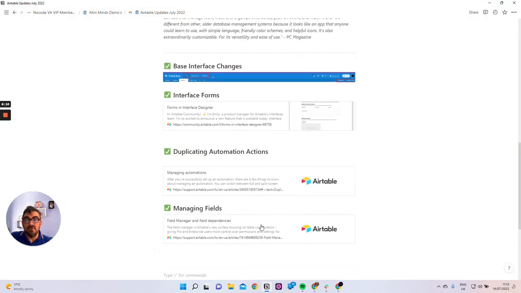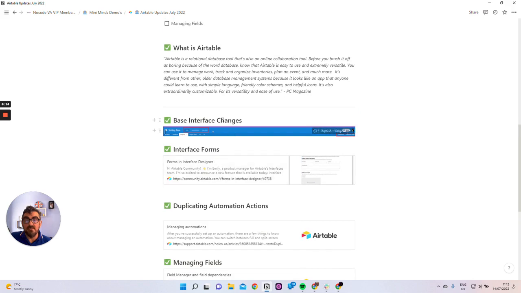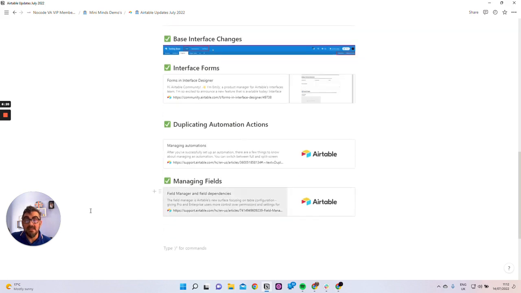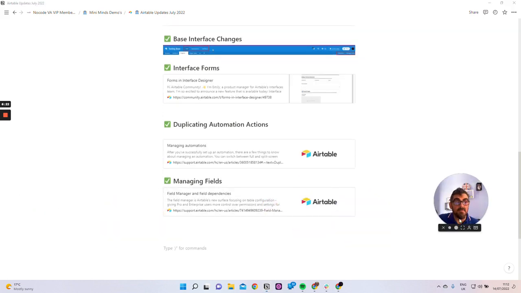I'm sure there's more coming, and we're looking forward to that. But yeah, the base interface changes, the interface forms we just looked at, duplicating automation actions and managing fields. So yeah, keep them coming,